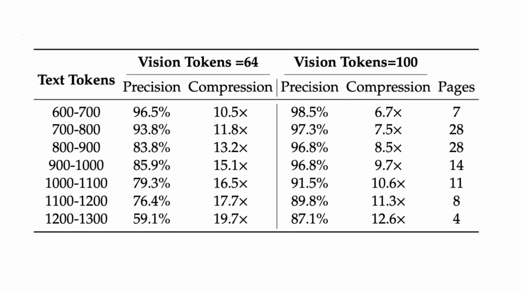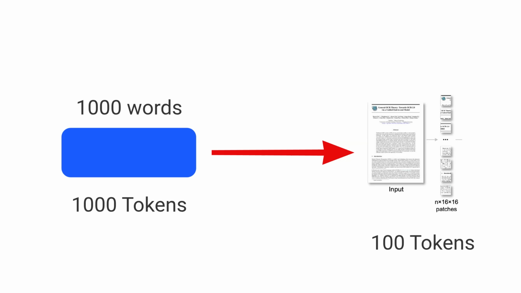Basically, they can use 100 vision tokens, which can then be decoded to 1,000 text tokens with 97% accuracy. So that's like a 10x compression ratio with almost perfect fidelity. And they even find that at 20x compression, so just using 50 vision tokens for 1,000 text tokens, they can still maintain around 60% accuracy. So really this paper is not about OCR, it's about creating a new form of memory compression for large language models and perhaps even AI systems as a whole.